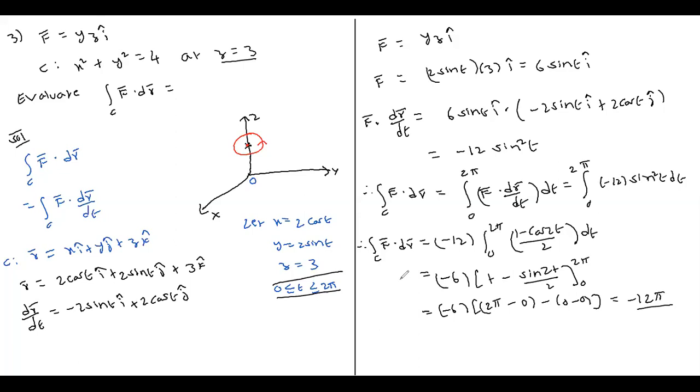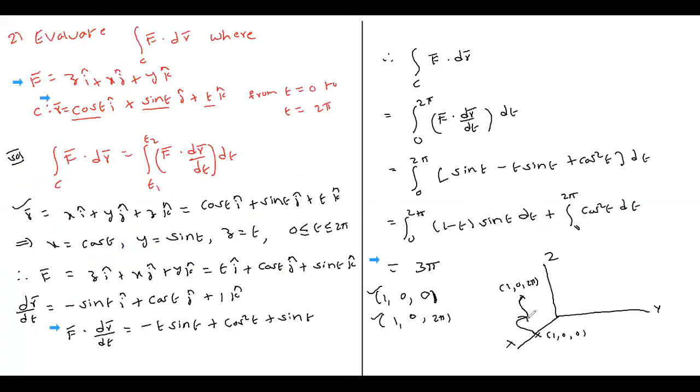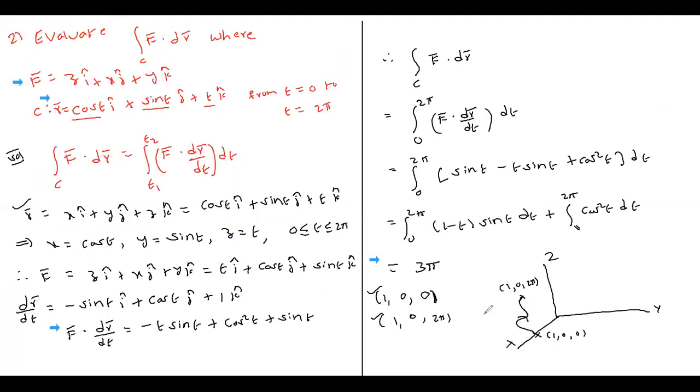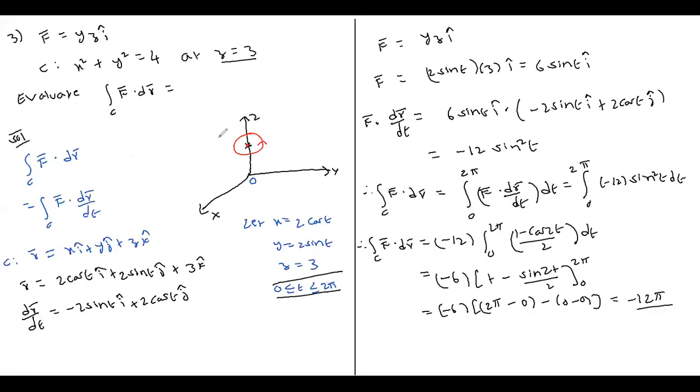So these are the three examples on line integrals. In this example we got the line integral on a closed curve, whereas the previous two examples are line integrals over an open curve. See, this is an open curve, right? A straight line is an open curve, and in MATLAB we have seen that the second curve is also an open curve. The third curve is a closed curve, but all these three curves are space curves.